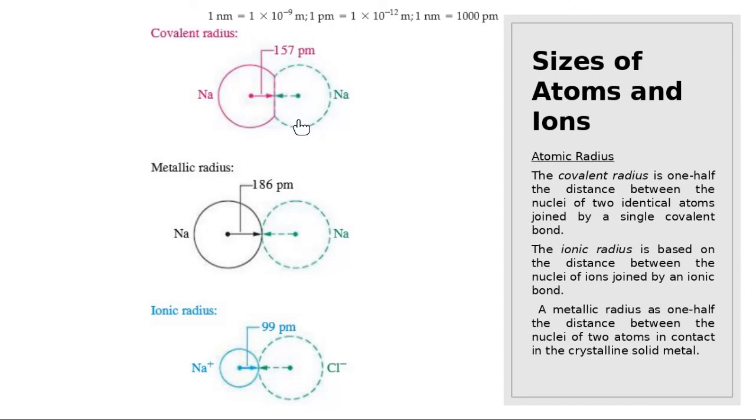But now where does the probability fall to 0? So we can look at here 1 nanometer, that means 10 to the negative 9 meter is equal. Covalent radius, look at here. For the sodium atoms, the covalent radius means these,